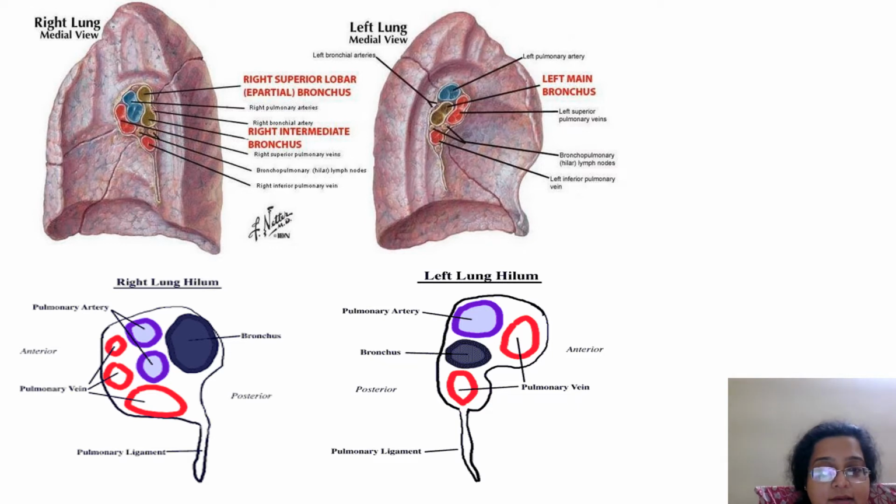So if I take the anatomical image from letters, here you are going to see what is this? This is the bronchus in yellow, fine. This is the right superior lobe bronchus, and this is the intermediate. This entire structure is that of a bronchus, okay, and this is the intermediate bronchus. Then you are going to see a vein. See, this is this one over here,